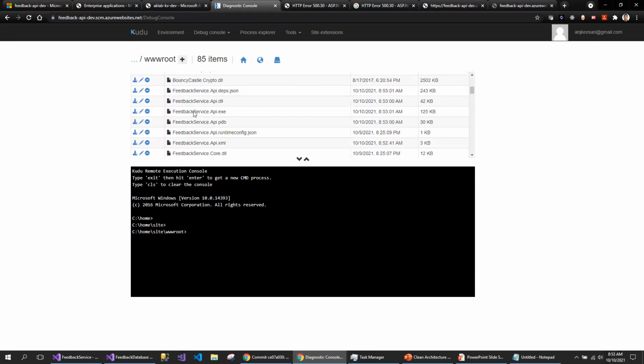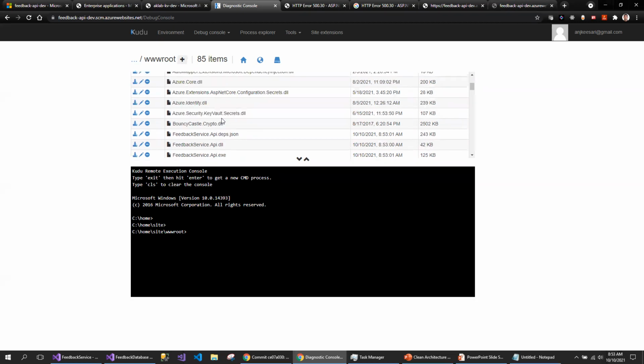This is the place where my source code is located in the Azure. And if you look at my previous one, this was missing. This is just added right now, 852. So that's why the error is fixed now.